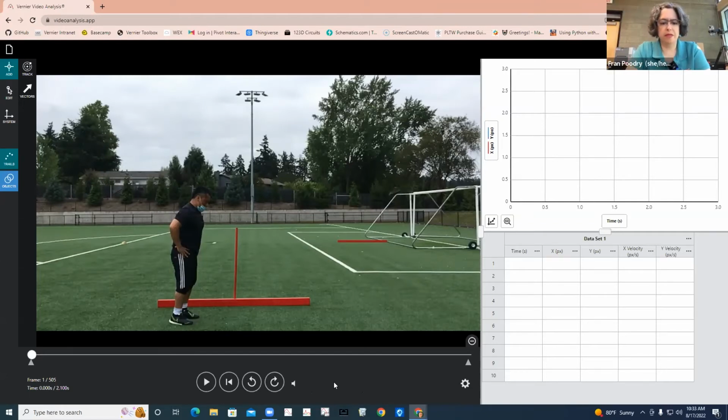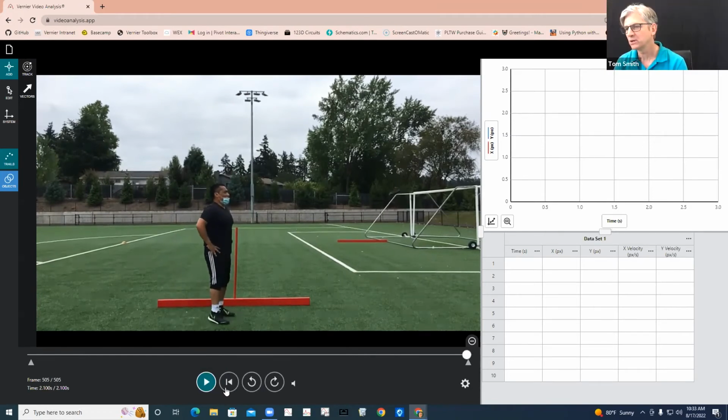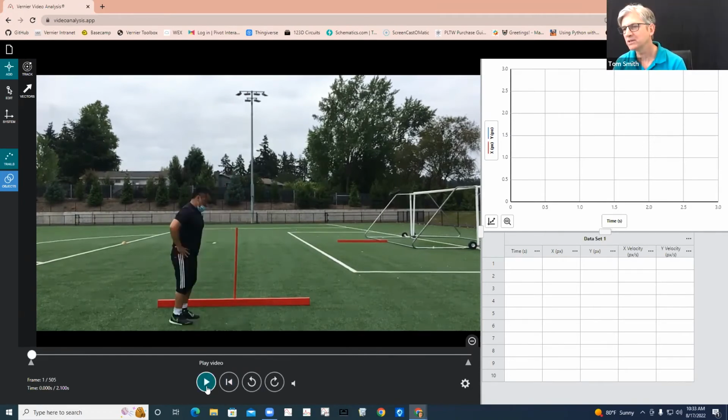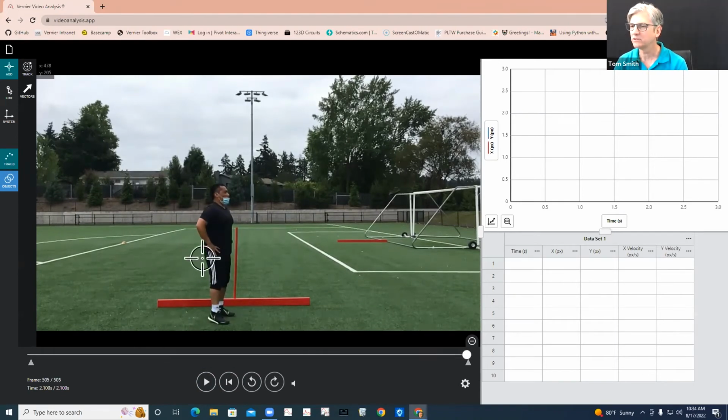Okay, so just kind of the basics of getting started with video analysis. First thing, which I've already done, is just to watch the video a couple of times. So we can see he crouches down, he jumps. You might note that when he's at the top of the jump, he actually brings his legs back up, like so. So he kind of does a little bring his legs in to try to maintain that maximum height